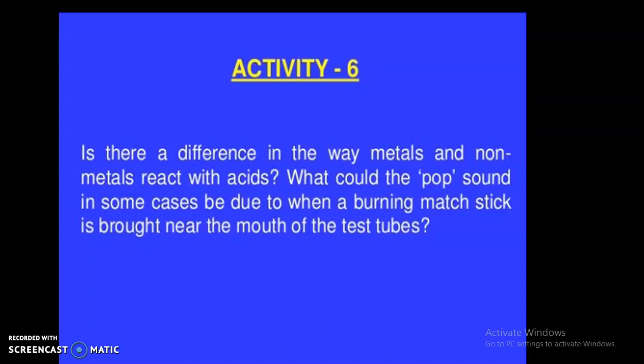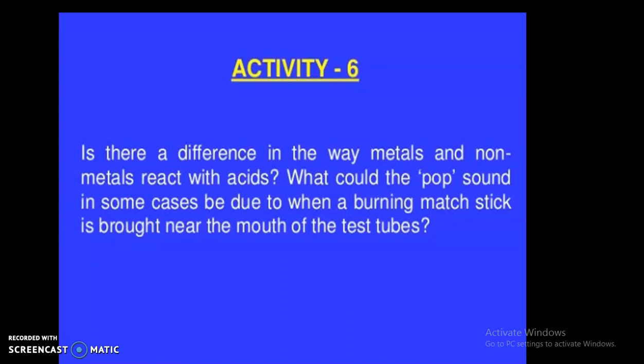I am going to send you the table also, showing the reactions of hydrochloric acid with all these metals and non-metals that we have taken in the test tubes. The chemical reaction involved in this activity: in test tube A, magnesium reacts quite rapidly with dilute hydrochloric acid and forms magnesium chloride, and hydrogen gas is released. This reaction I will also send you, and you will do it in your practical file. All these activities that we are discussing, you will do in your practical file, and whenever there is a Google Meet, I'll show you this slide.